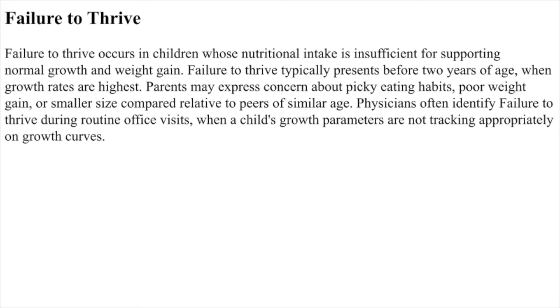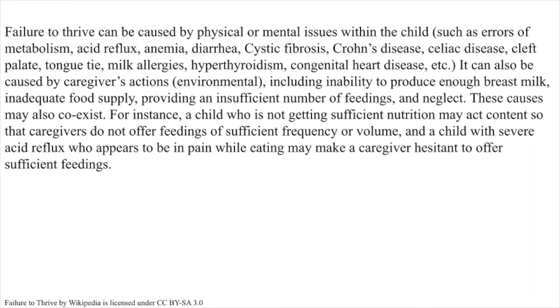Parents may express concern about picky eating habits, poor weight gain, or smaller size relative to peers of similar age. Physicians often identify failure to thrive during routine office visits when a child's growth parameters are not tracking appropriately on growth curves. Failure to thrive can be caused by physical or mental issues within the child, such as errors